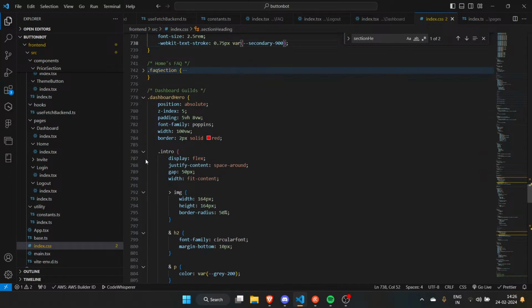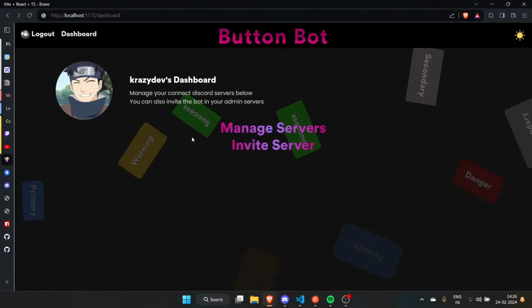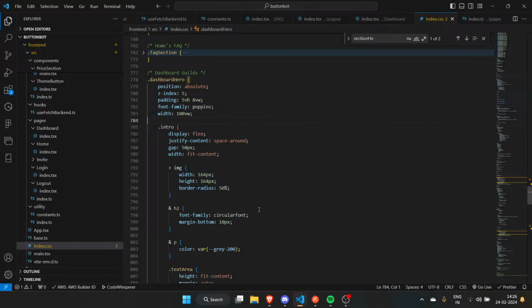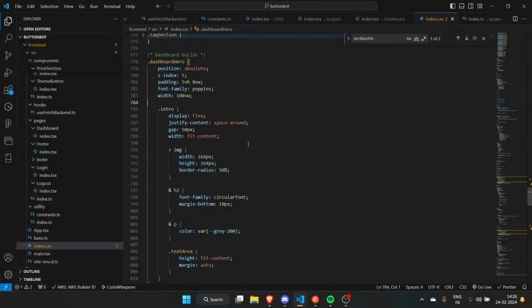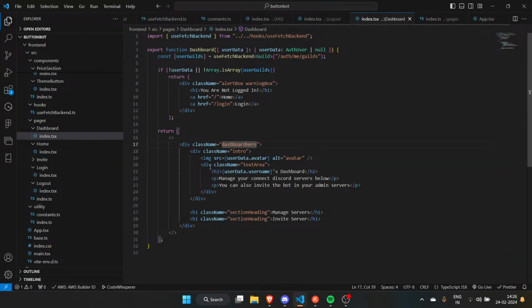If I can find it. There it is. So we have this blah blah blah. Now in the manage server and invite server, blah blah blah. That makes sense. Then what? Then I need to do some stuff.